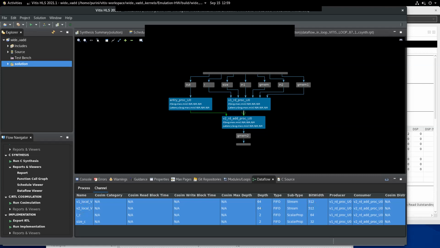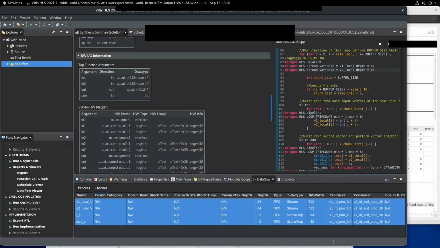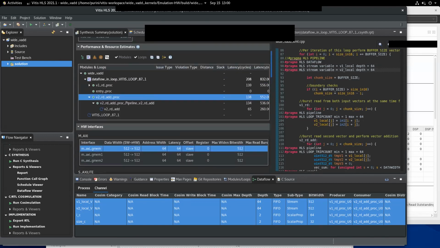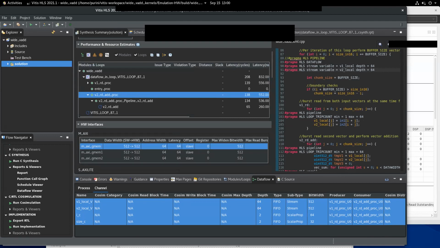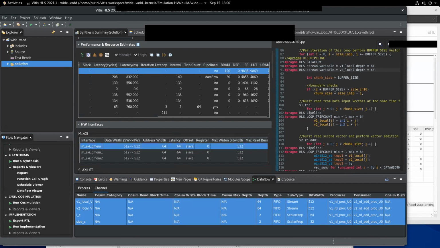If you look in the report summary and keep going down, here are the VRAM modules used. If you go to the right and see the number of VRAM blocks used, you will see 120.